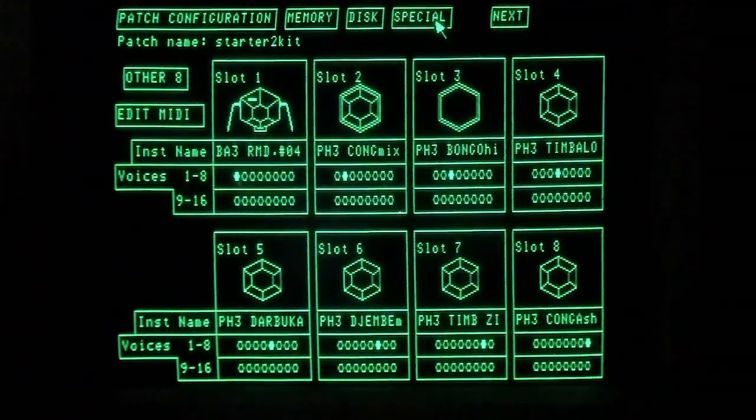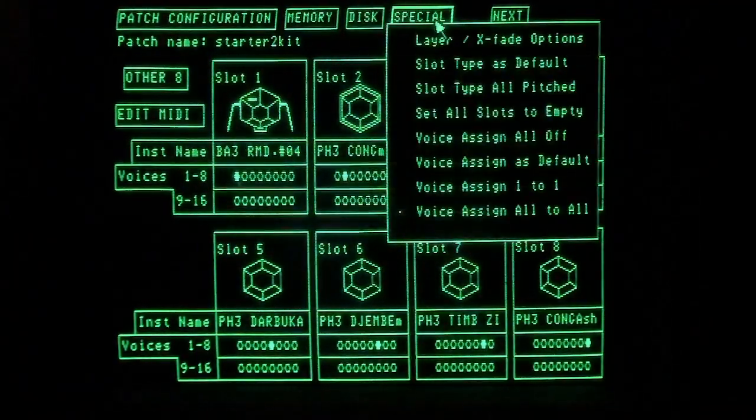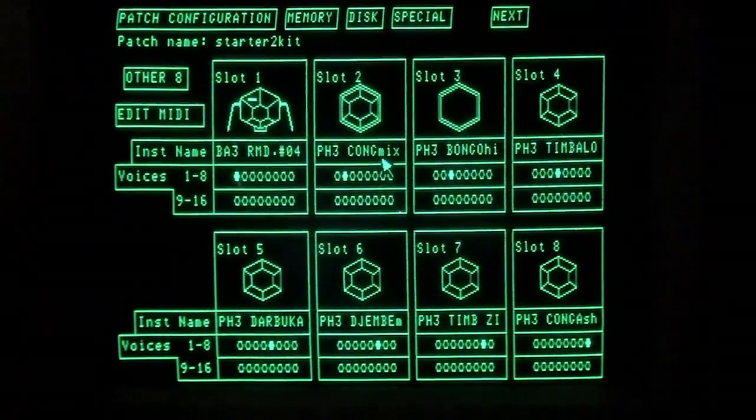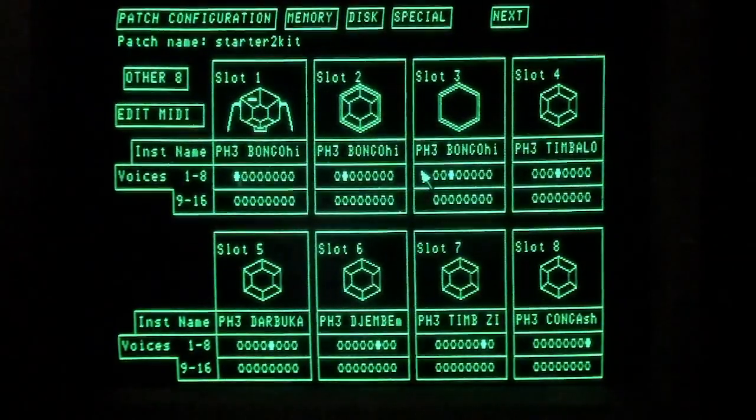Obviously make sure the mixer settings are up to full as well, and it's always useful if you want to check the voices are all working, stick the same drum in everything. So if you've got a very clear, obvious sound, copy that over to every drum. This is just for maintenance or checking that all the voices are working. So you'd copy that bongo into every one, or some clear tone that you're used to, and then go to the mixer